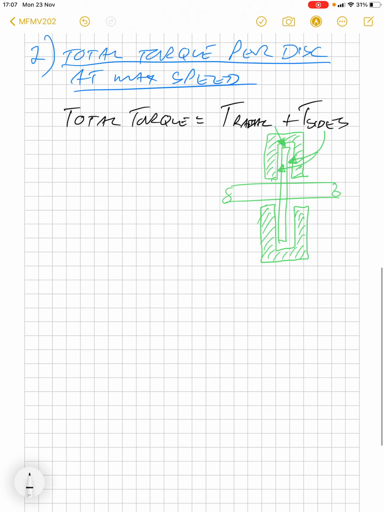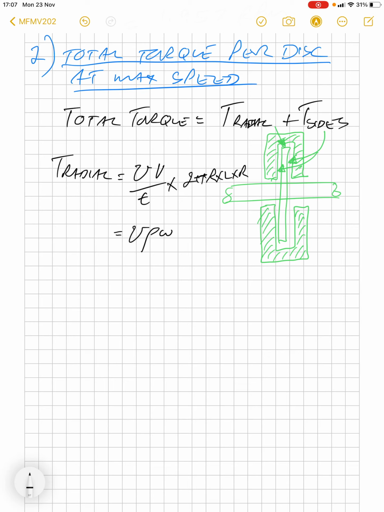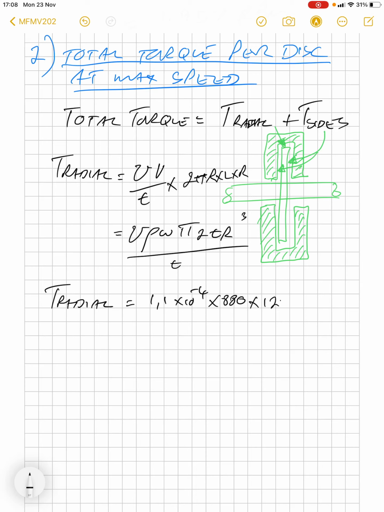Right, so radial torque is nu v over t times 2 pi r times L times R. So radial torque then substituting, we got 1,1 times 10 to the minus 4 times 880 times 12, 5,